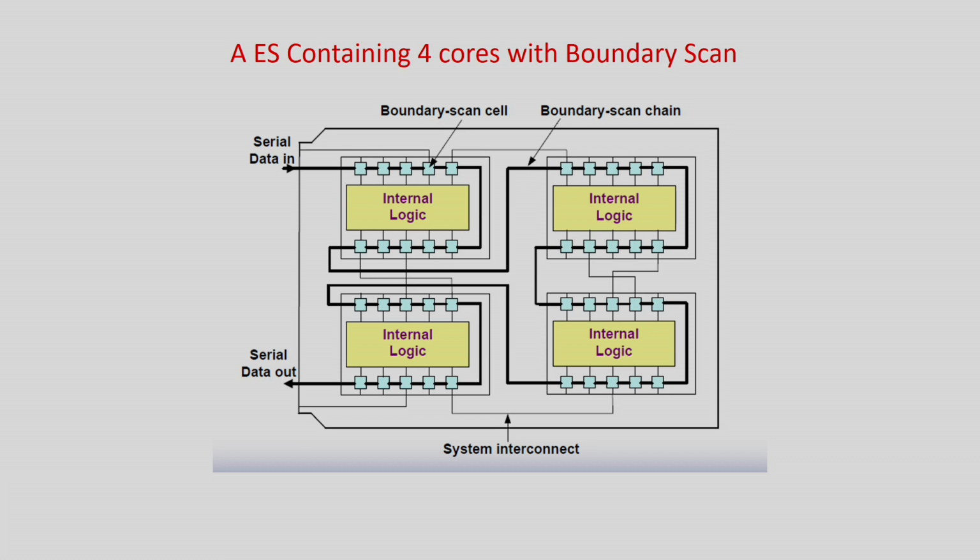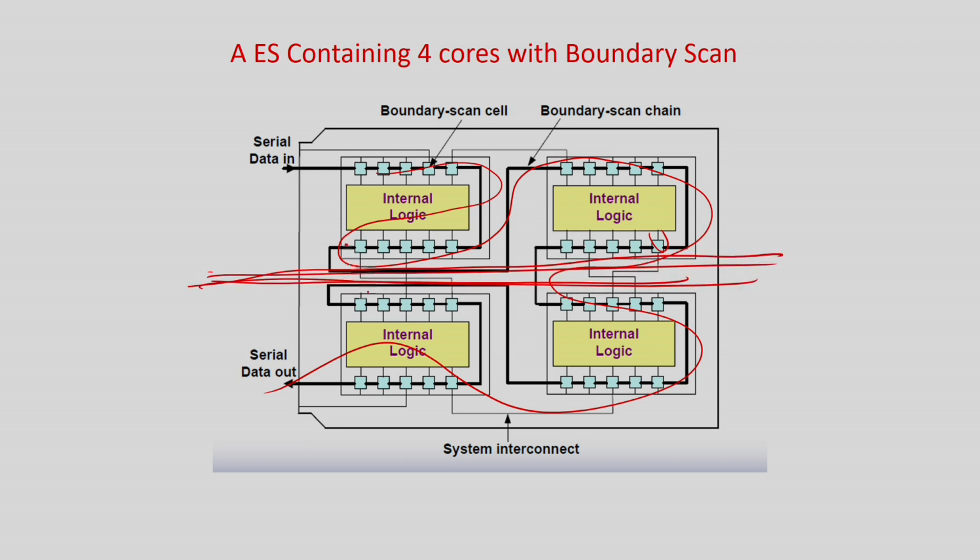Again, the same thing I am showing you here: an embedded system containing 4 chips with boundary scan. In this case, it is a very simple one. I am giving the whole access by a scan, so that is my TAM, where I access each of these lines through a single scan chain. Or as I told you, if these are very important lines, I can have multiple input outputs where I can connect these lines. So this will be another TAM.